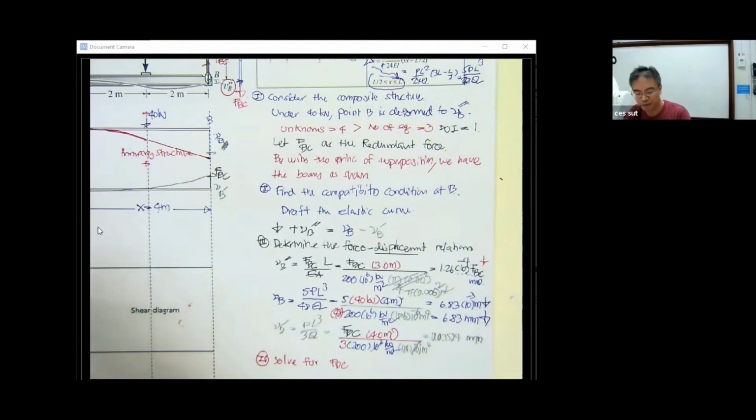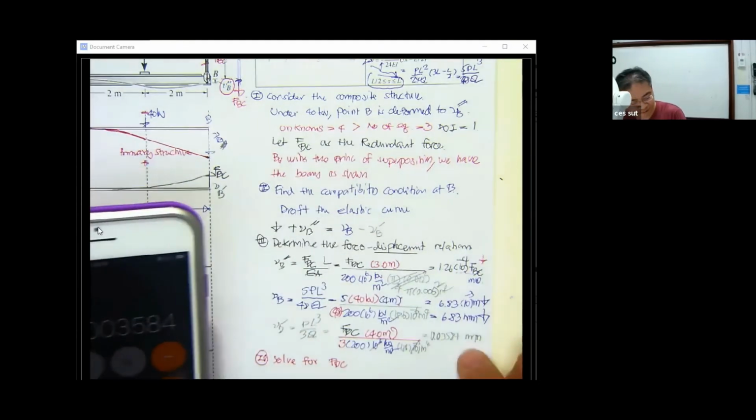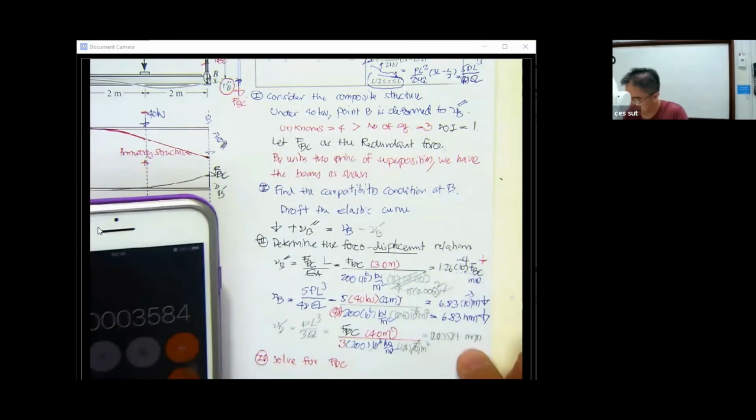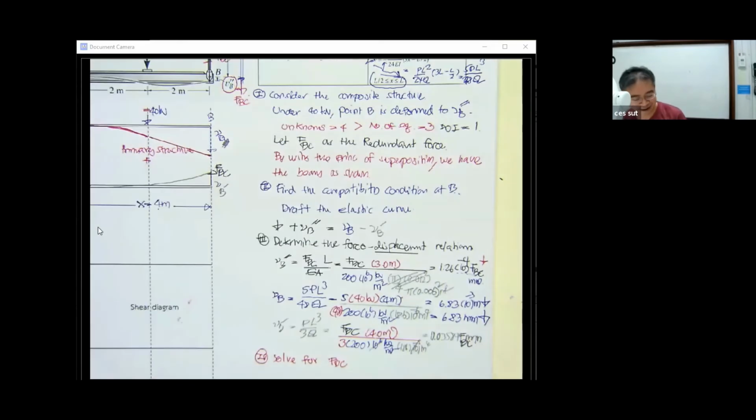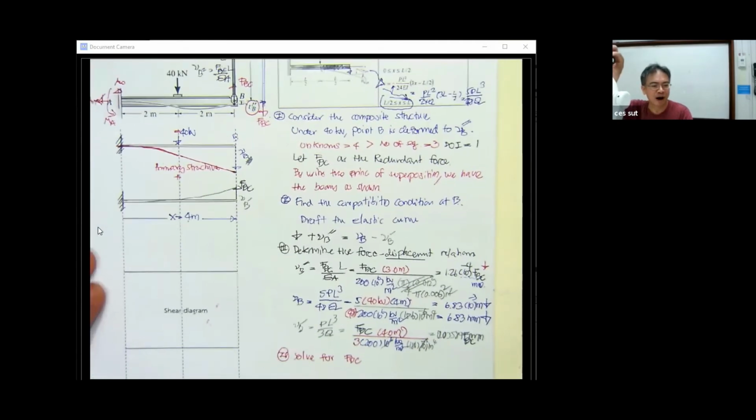Okay, divided by 186. Yes, this is not correct with that. This is going to be times F sub BC. Okay. Anyway, let me finish this one, and we still have more examples on this in